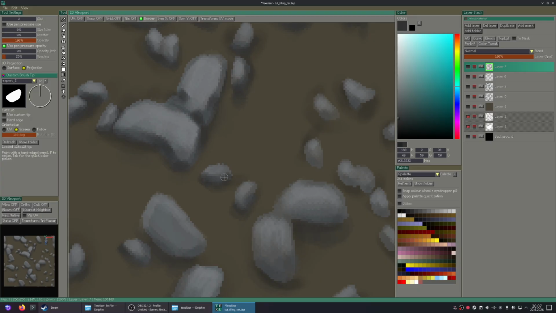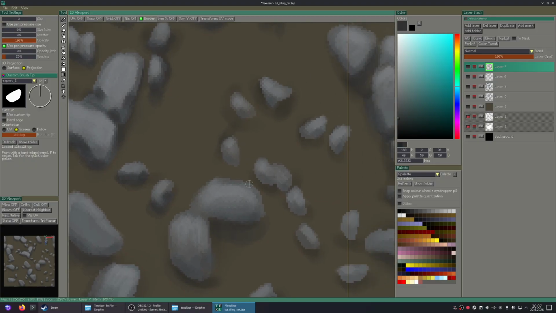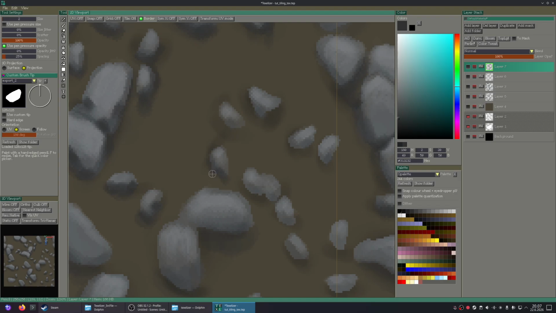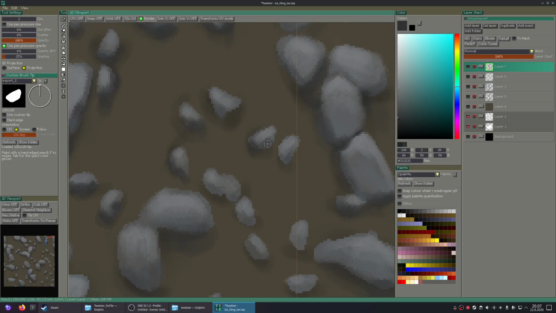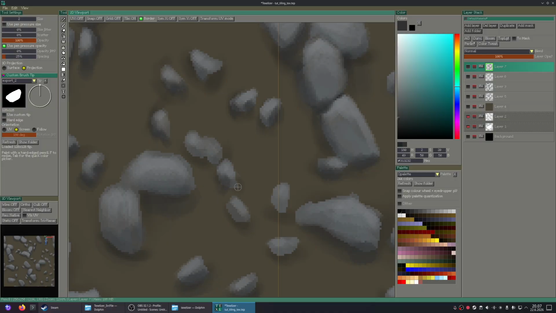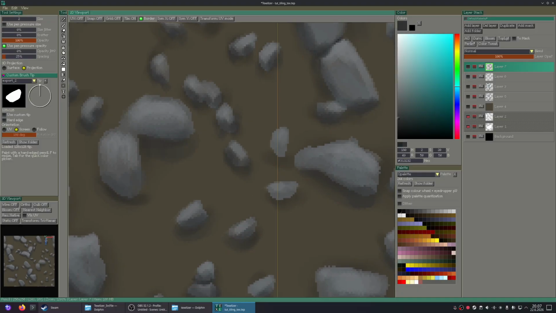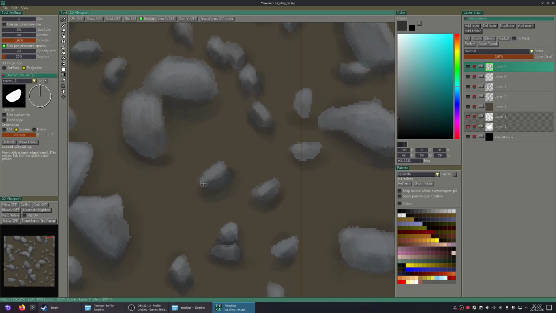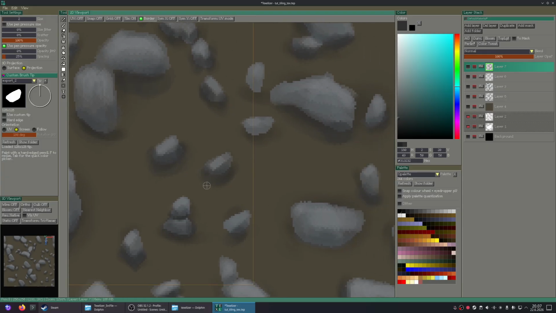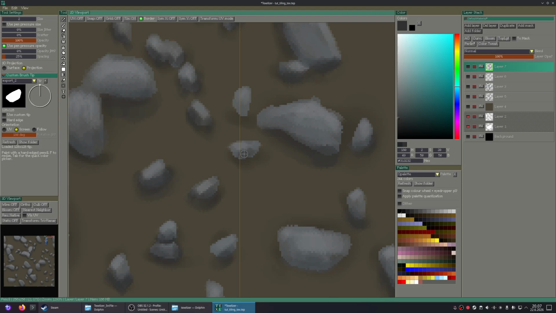As always, I'm not really too worried about anything right now. Not particularly interested if this doesn't turn out well, because this is meant to be more like a demo. More like a demo for Texelizer rather than an art tutorial. Because there isn't too much Texelizer content on YouTube, this might be useful for some people who have just learned about the program for the first time.